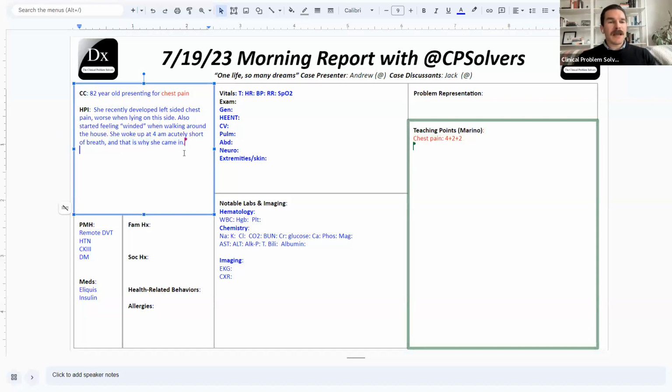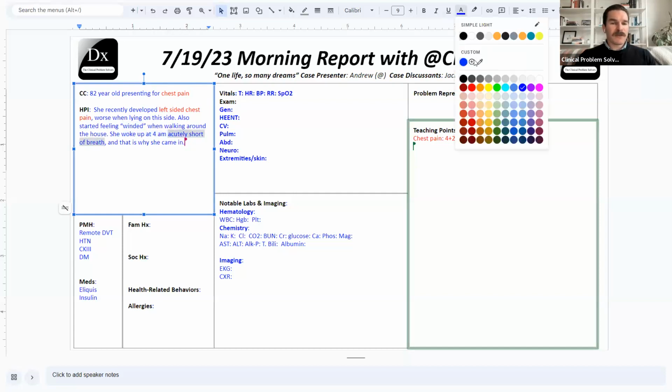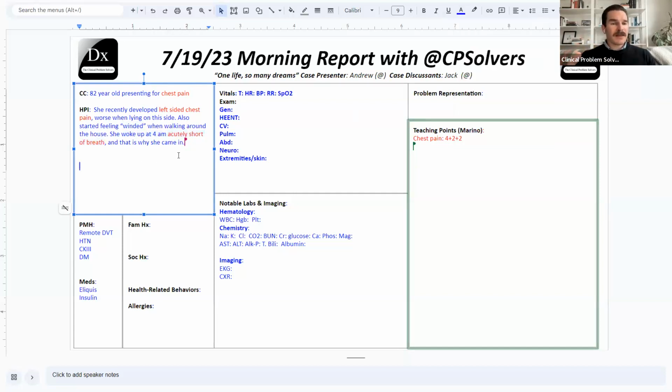It can be tempting to piece all of this together right now and say, okay, we're going to frame this as a subacute cardiopulmonary syndrome. But more and more as time has gone on, I have tried to push myself to focus on the thing that is the most glaring and the most severe up front, really shine the spotlight there, and then use everything else to cast a shadow or modify what that spotlight could be. So in this case, the spotlight deserves to be on acute onset shortness of breath.